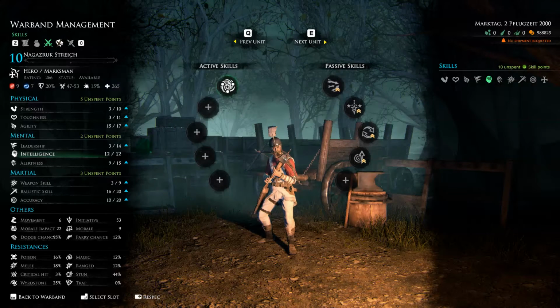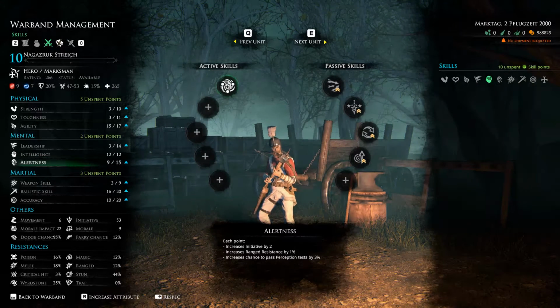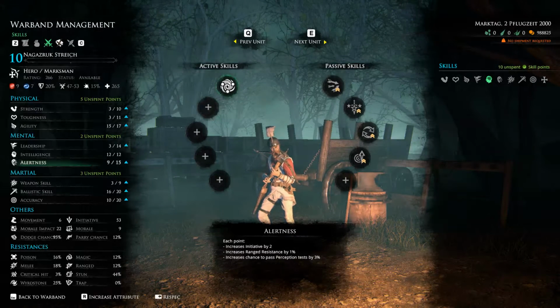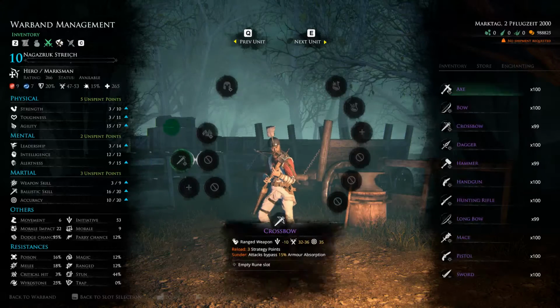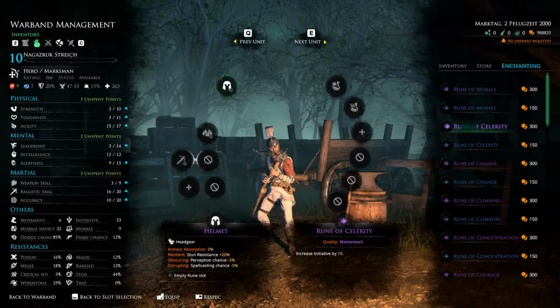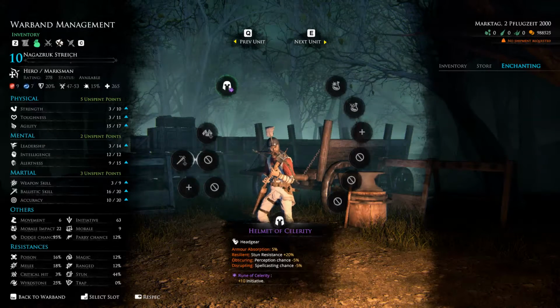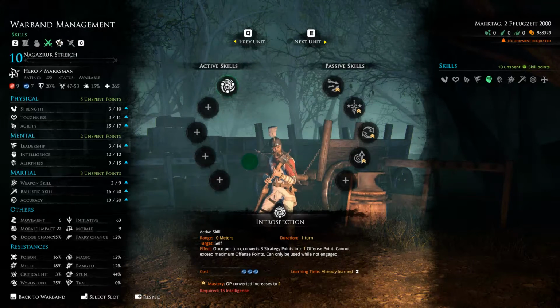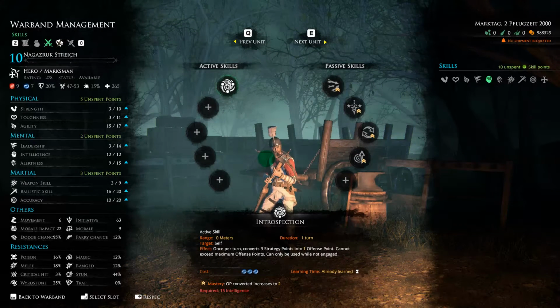The next thing here is Alertness up to 9. And that gives higher initiative. We're at 53 initiative. And that could be put even higher if we... what am I doing? If you put, like, on your helmet here, and you went Rune of Celerity, that would get you up to 63 initiative. So, that's your choice. Now, Ballistic Skill on the